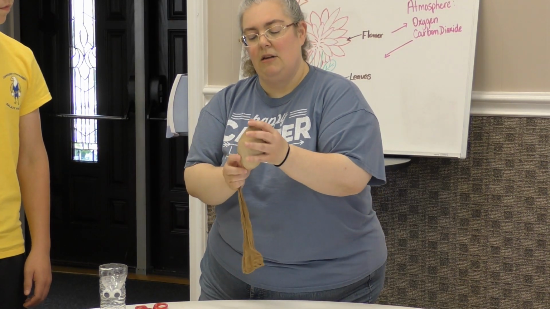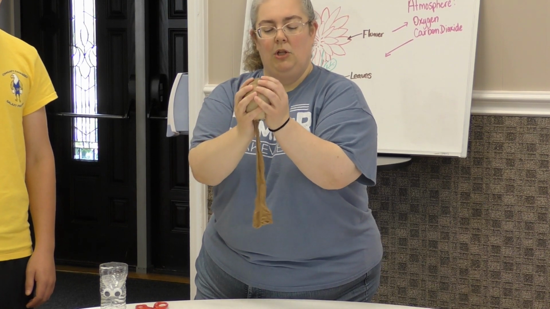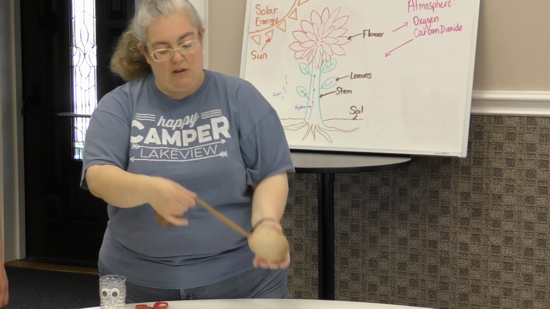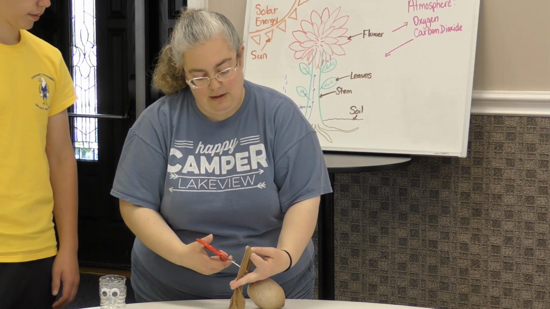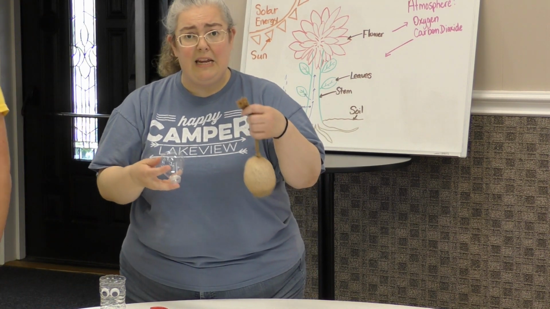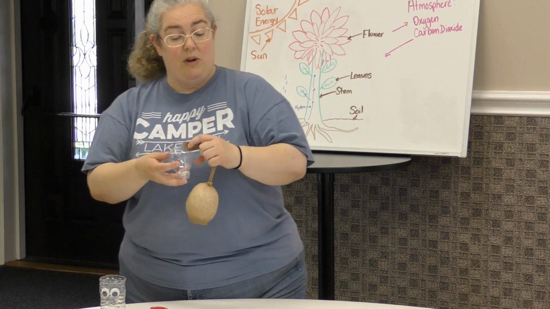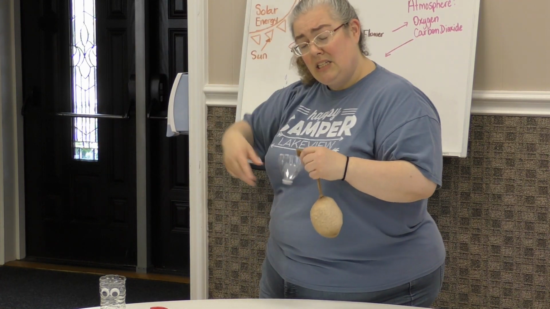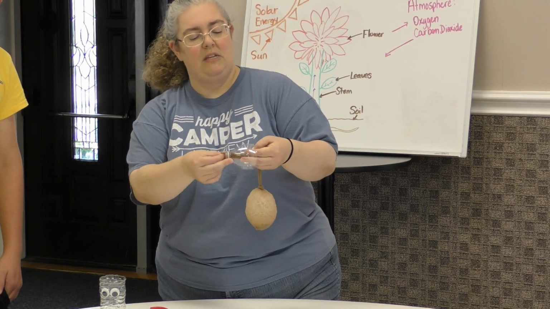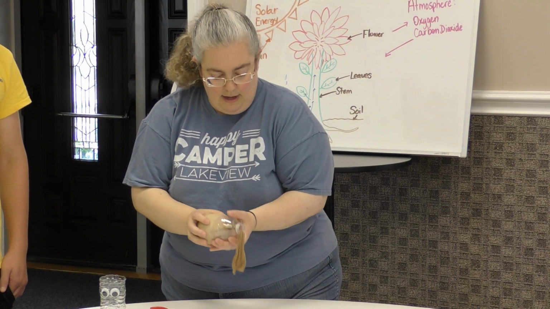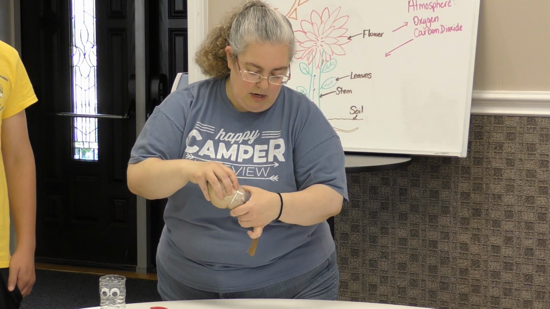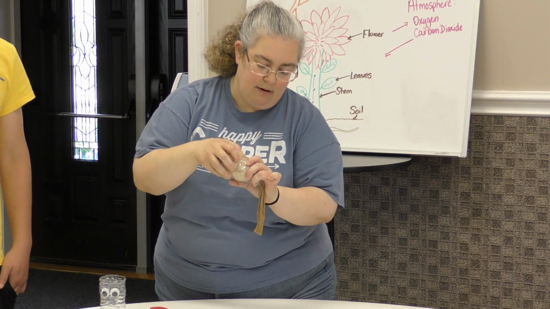So once you have it all nice and knotted and kind of made more into a circle, the whole idea is that it's actually going to sit into here. So you can even cut off some of your knee-high pantyhose. Not all of it. We need some of this to be our stem that's going to go down into the water to get the water that's going to be absorbed. We're going to thread this through the top. And if you have to readjust this a little bit to sit into your lid, you want that to happen.